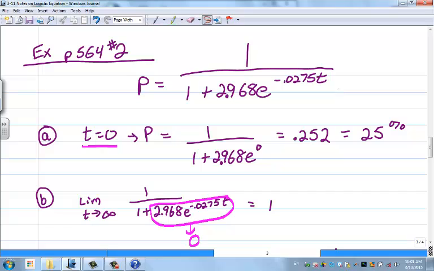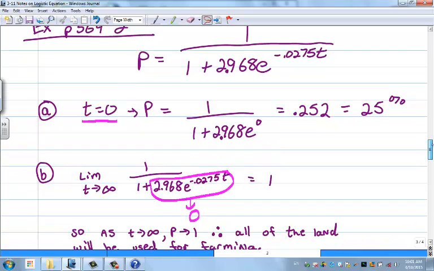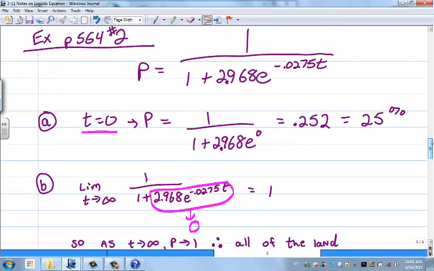The first thing they ask you in this, I'm guessing, is what is the population at time 0, or what is the initial population? That's what I would guess they're asking you in part A. So in order to figure out the initial population, you're going to plug into the formula that you're given. So at t equals 0, p would equal 1 over 1 plus 2.968 e to the 0. And then you punch that in your calculator, and you get